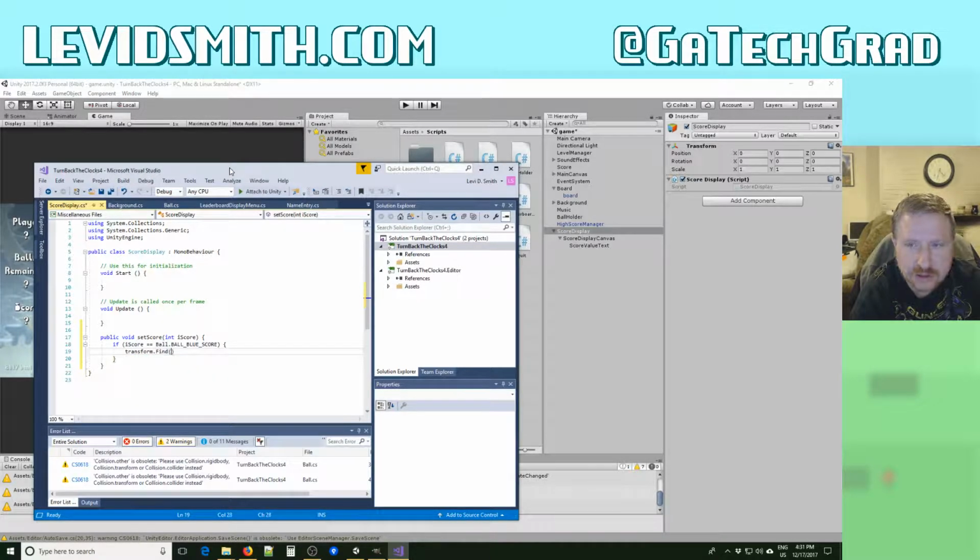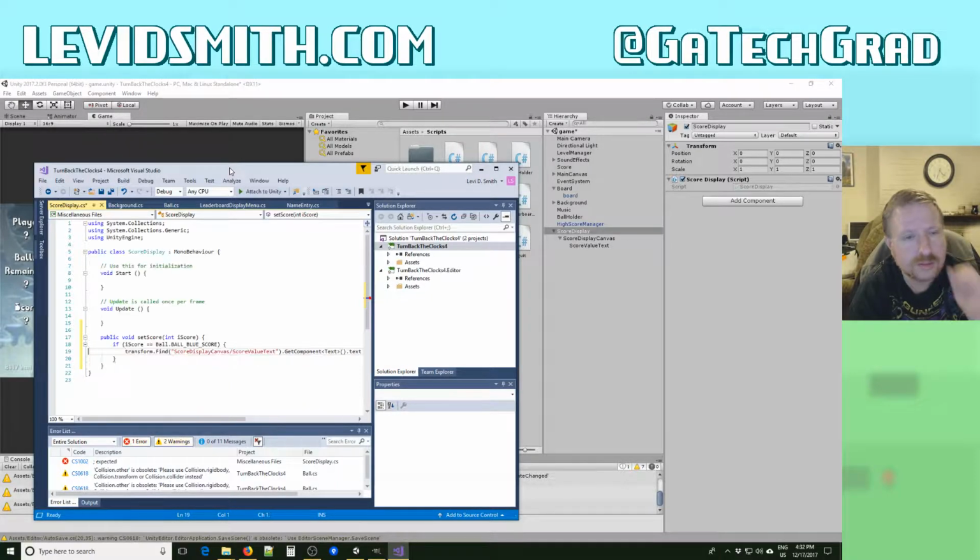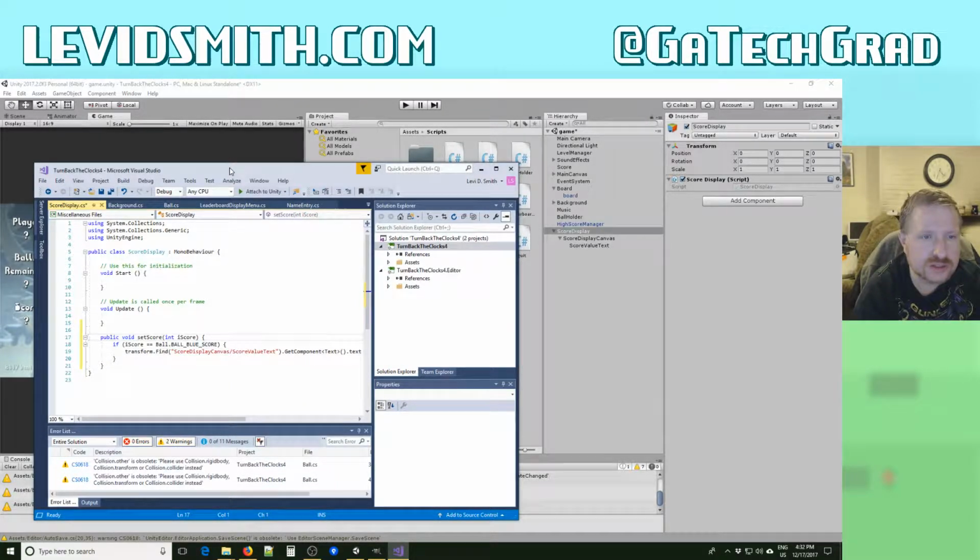transform.Find score display canvas, score value text, .GetComponent Text, .text gets string.Format 0, iScore. Actually, I want to do